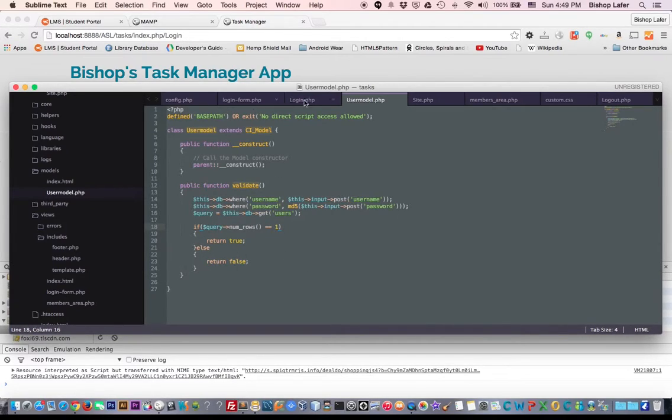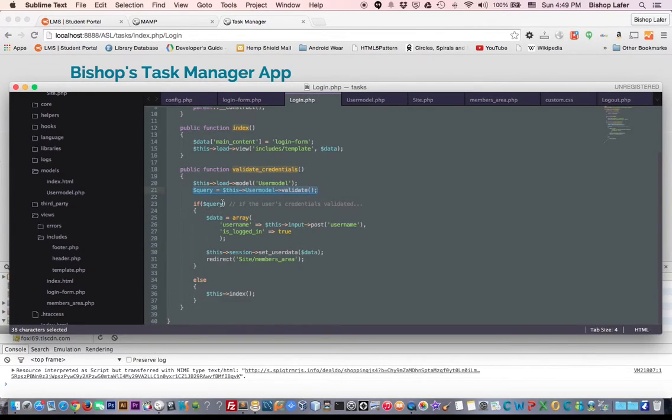And then in the login controller here, if they do validate, basically, in this login controller the variable query is equal to the method validate within the user model, and I'm saying if that query exists, if that's true, then set the variable data equal to an array and pass it the information, the username that's stored, and also the is logged in key, which is a boolean, and pass it the value of true. And then create a session and set the user data equal to this data variable that I just created,